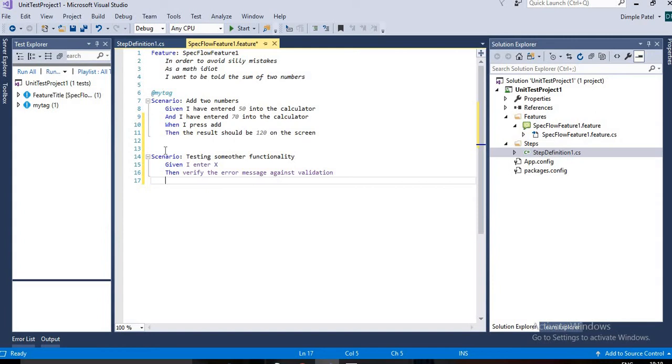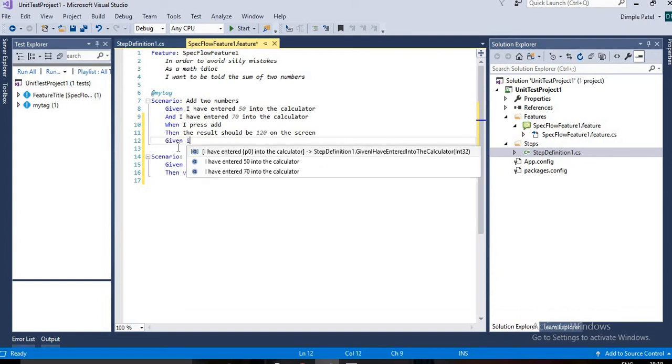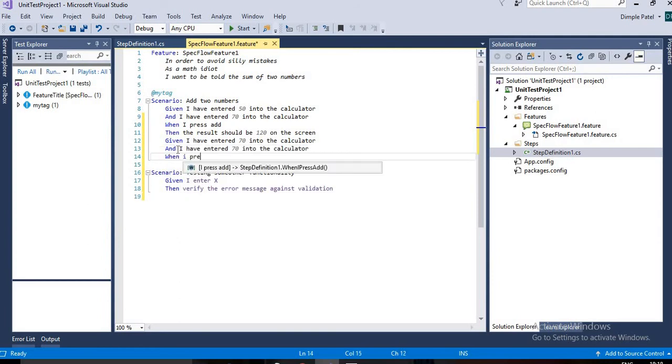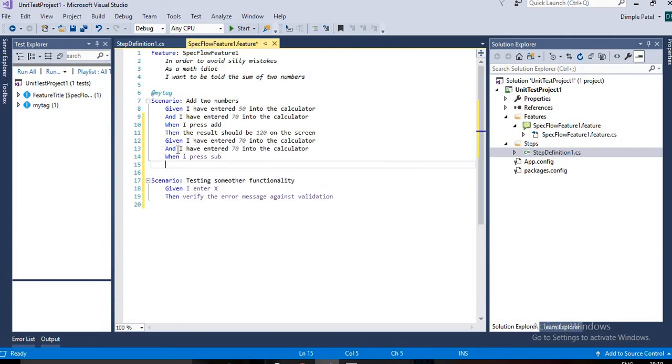So you have to follow the proper syntax when you are writing the test cases. Suppose after writing these, I again have some steps to be performed in this same scenario, then don't start directly here. For example, I have entered 17 into the calculation and I have entered 50, and when I press subtract. Suppose I want to do addition and subtraction together in the single scenario. So try to split out the scenario,